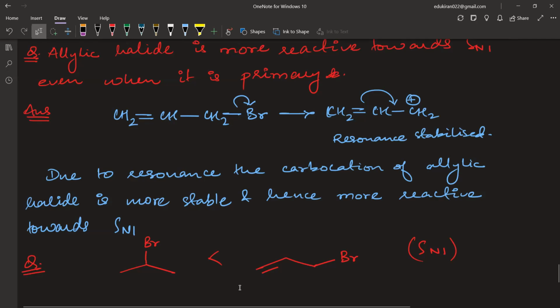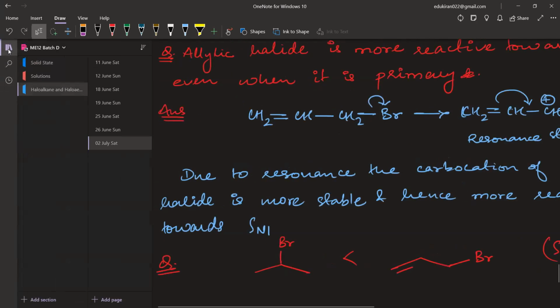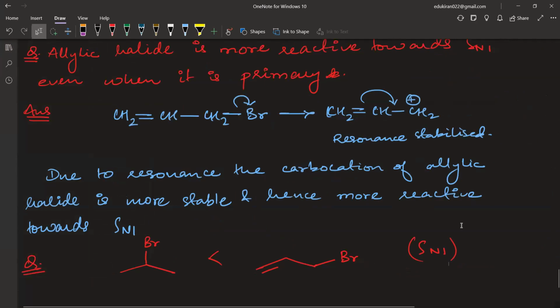So SN1 and SN2 is complete. एक इसमें जो portion है, that is of stereochemistry, उसको हम आखिरी में बिल्कुल पढ़ाएंगे at the end. When you are very comfortable with the reactions and all, when we have done elimination reactions also, when we have done the reaction with metal and the reactions of haloarene. ठीक है? So elimination reaction कल ये पूरा खत्म हो जाएगा, then after that we will be doing reaction with metal and the haloarene. उसके बाद जो class होगी then we will do stereochemistry, chapter end हो जाएगा. Okay, so I think we will be needing a few more classes. I think 2 या 3 क्लास तो आज चाहिए होगा. Okay, चलिए write this down.